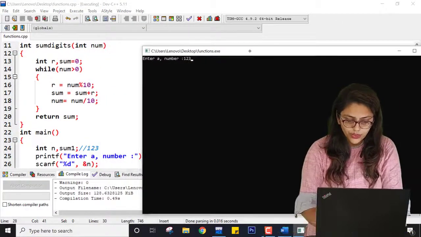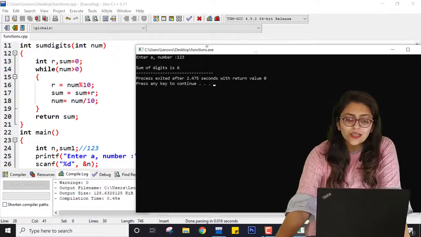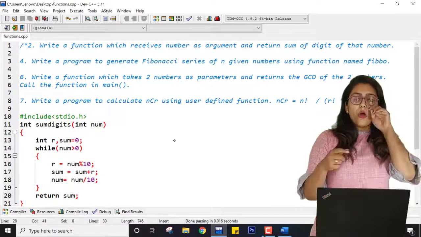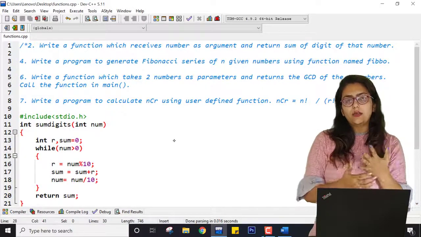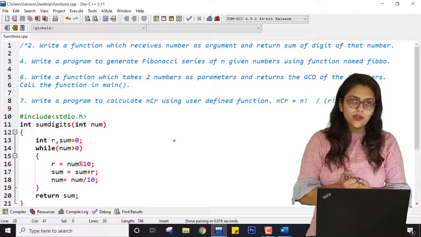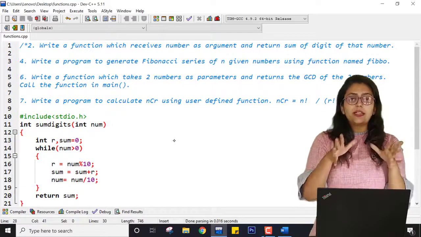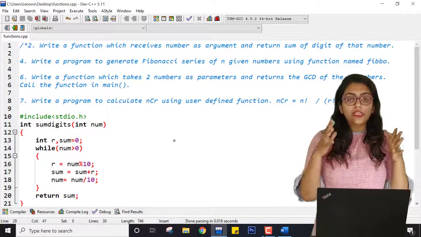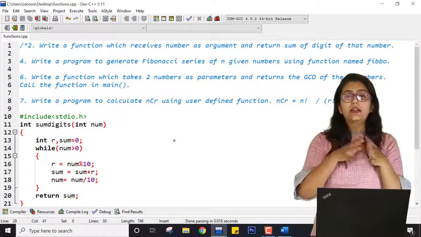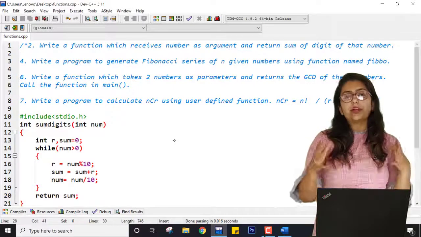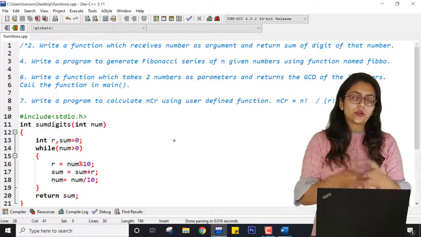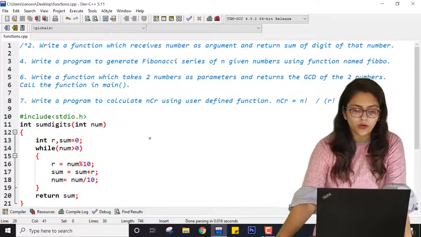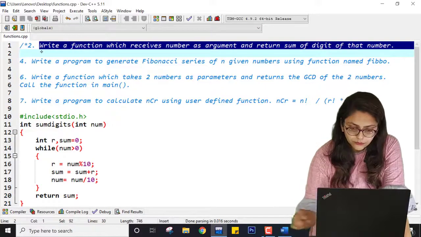If I enter 1, 2, 3, I get 6 as an answer. So this is all about the program. Now to practice functions, you can also take programs like reversing a number, finding the first and last digit of a number. You know the logic of finding whether a number is an Armstrong number or not. You can perform each of those practicals using functions. You can create a function which will reverse the number, a function which will tell if the number is an Armstrong number or not, and a function which will tell you if the number is a perfect number or not, right? So this is all about this practical.